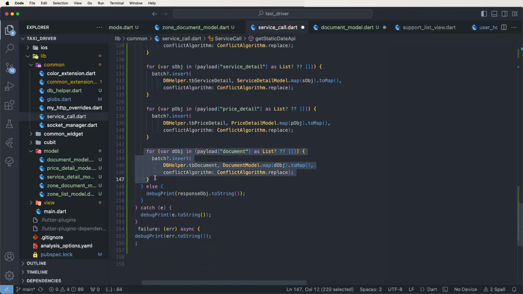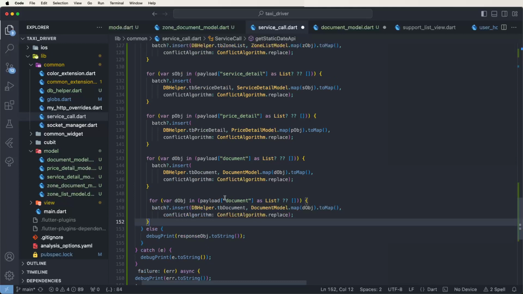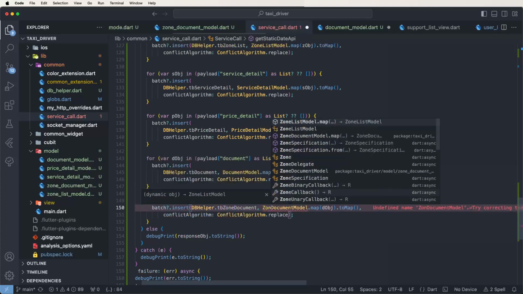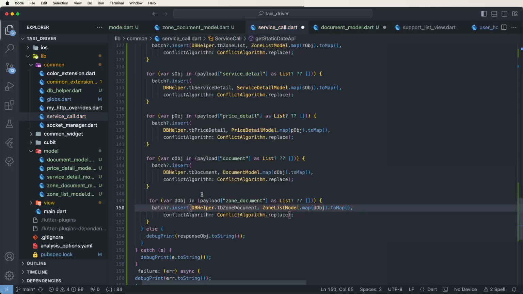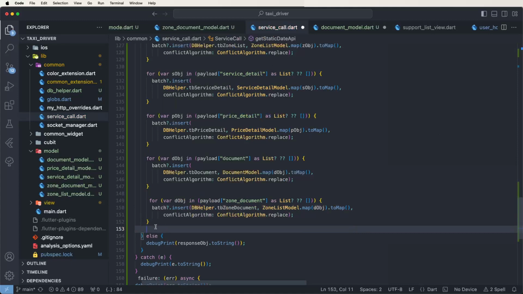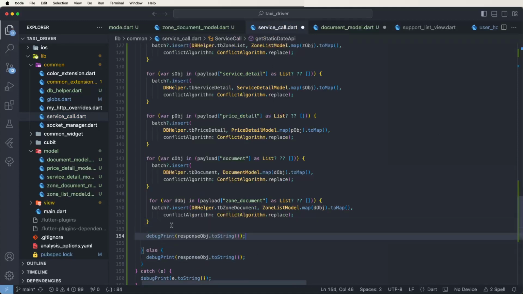Then again I need to copy and turn documents, give this zone documents, and write down the zone document table, and also change these zone document models, import this, and write down the documents, and reflect this in the config. Those are done. And last, print here "DB insert successfully" inside this data,